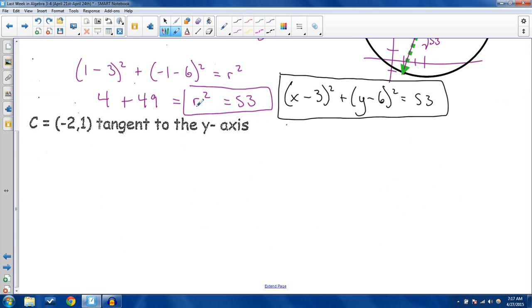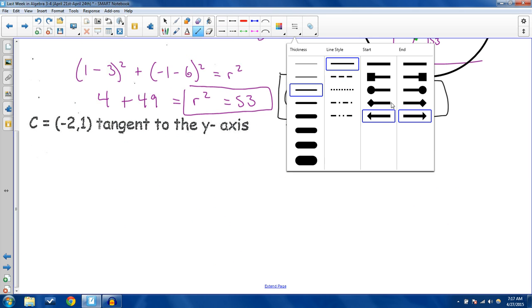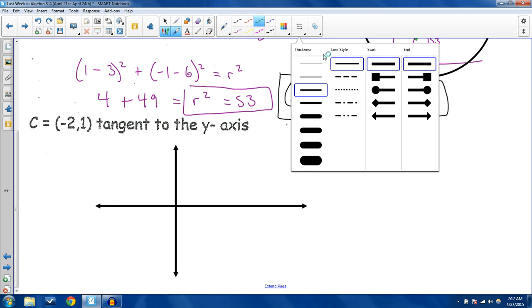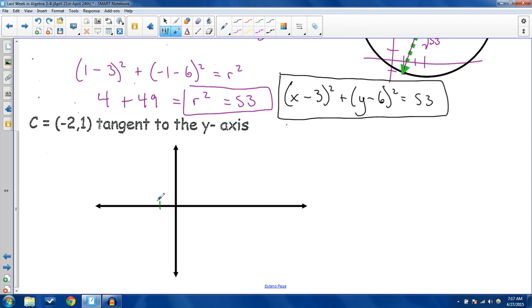Okay, here's another one. Let's go and find the equation for this one. This might be good to graph as we go. So this is -2, 1 is your center, and this is tangent to the y-axis. So there's my y-axis, there's my x-axis. If I had a graph that went -2 over and 1 up as my center, and it was tangent to the y-axis, remember your geometry,